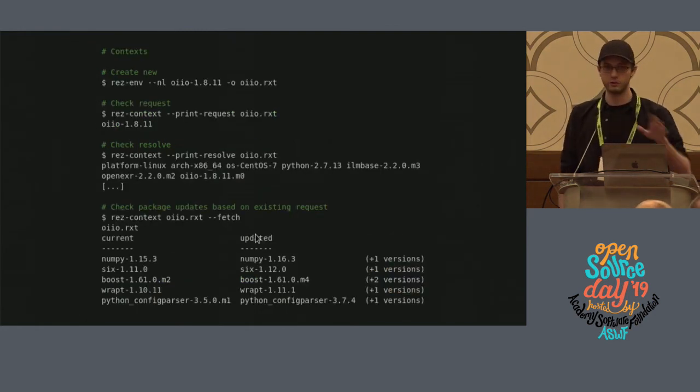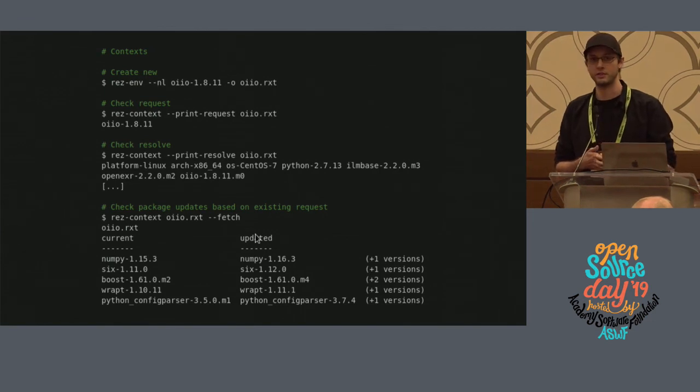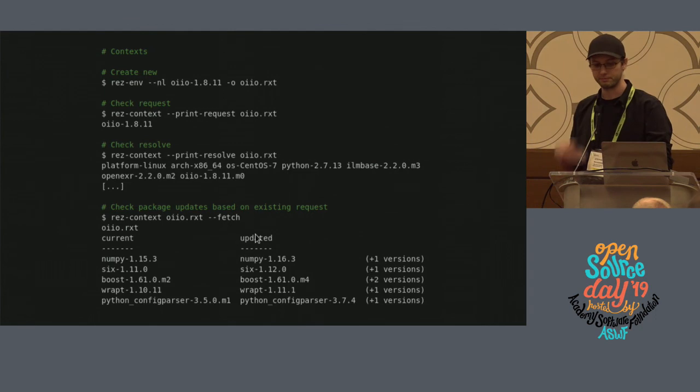So just a brief overview for people that aren't terribly exposed to Rez all that much. A context is basically just a request that has been resolved and baked off. And so the way our even current core suite is handled is essentially just a system of having a folder full of contexts, and you're able to use the fetch command on a context to see what would update. So it's a fantastic preview device to say, what am I about to expose to my facility before I've gone and done it? So that's kind of a critical step when we're making sure we